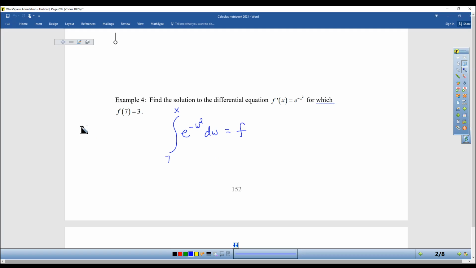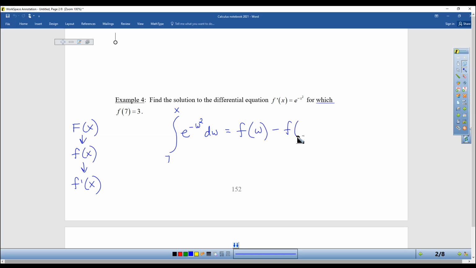So let's actually talk about this for a second. Normally we do capital F of x, and then if we take the derivative, we get f of x. And if we take the derivative of that, we get f prime of x. So when we do integration, we start at f of x and we integrate and we get to write capital F. But in this case, you're starting at f prime. So if you start at f prime and you integrate, you're actually going to be at f. So this is going to give you f of w